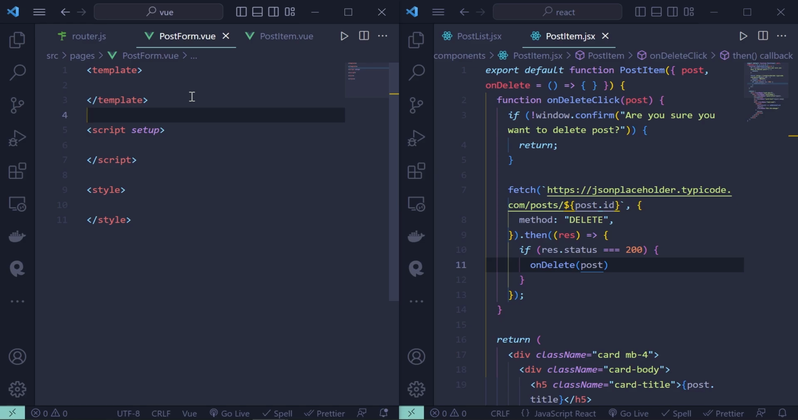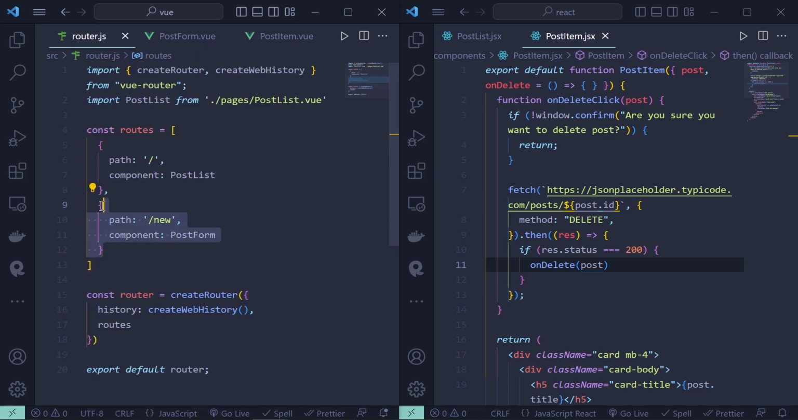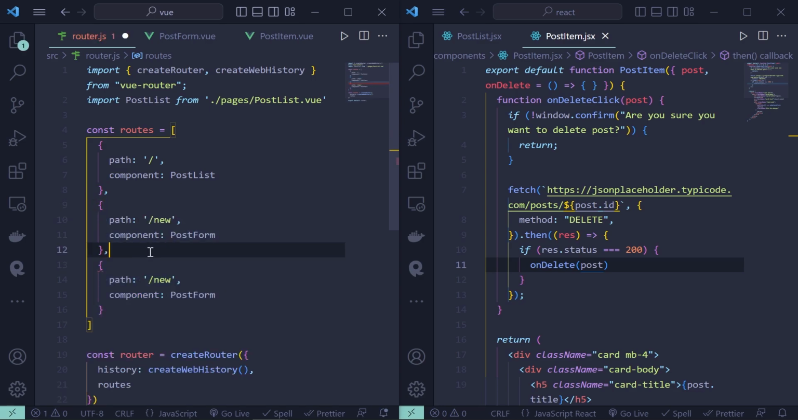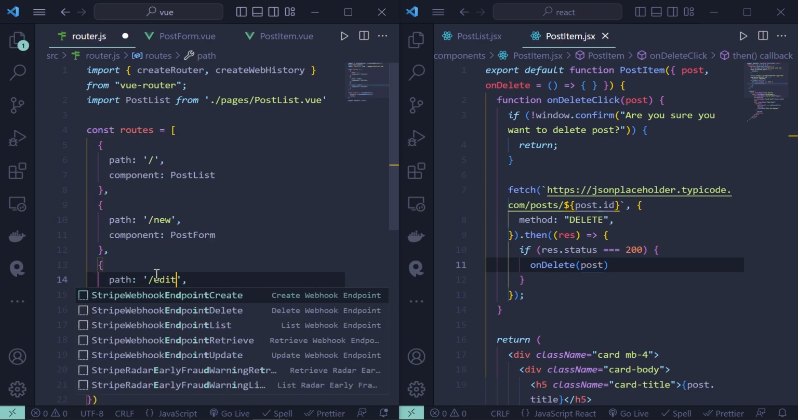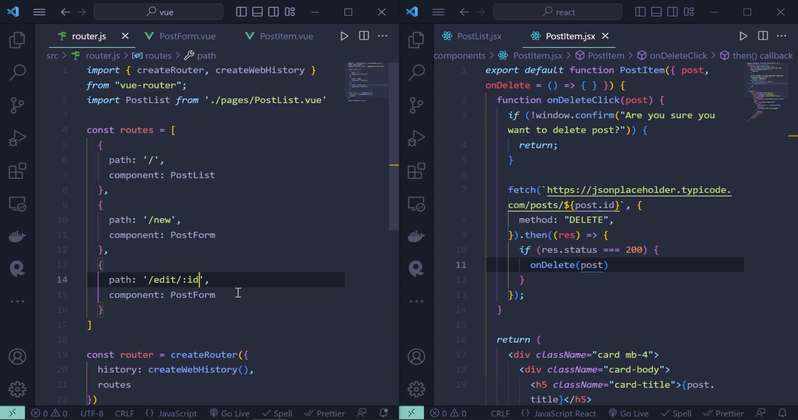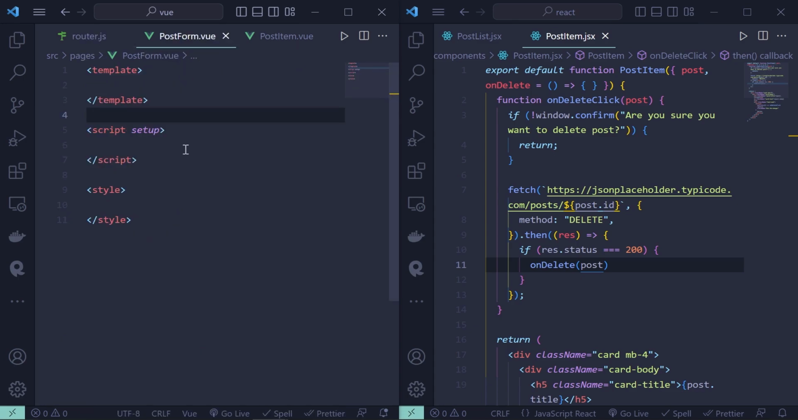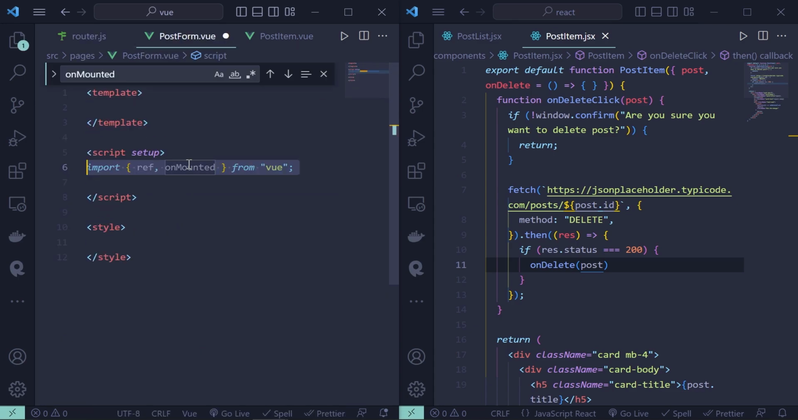I'm going to use the exact same post form component for editing the post. So I'm going to duplicate this once again, specify right here, edit, and parameter ID. And based on if this parameter exists or not, we're going to render the creation form or edit form for certain posts. Let's import ref and